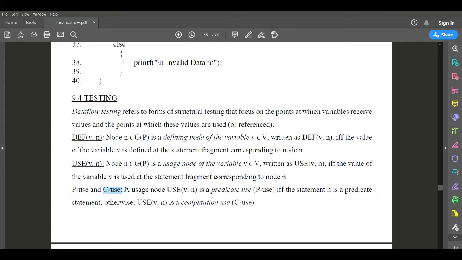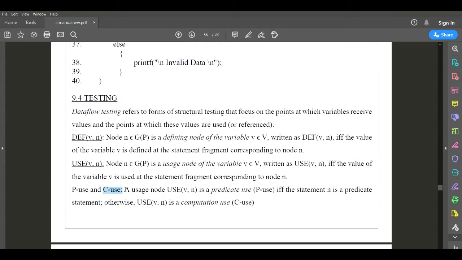Define is where the variable's value is accepted or initialized. That line number we call the definition of the variable. Usage of the variable means the line number where we use the value defined earlier.